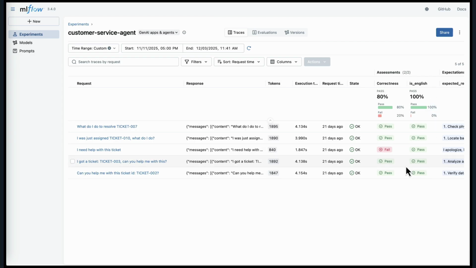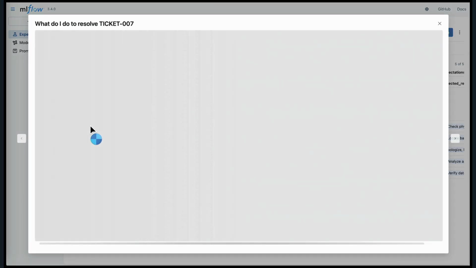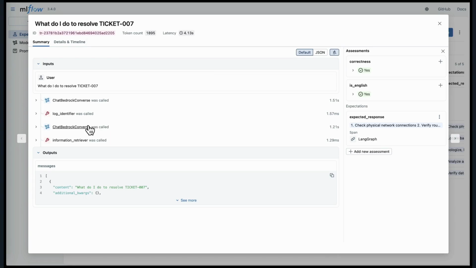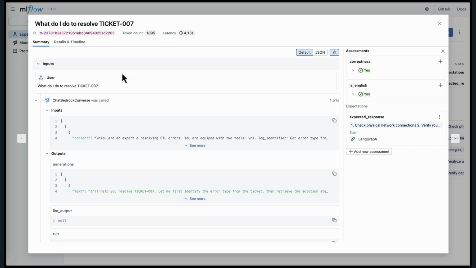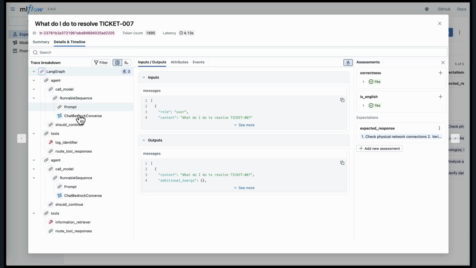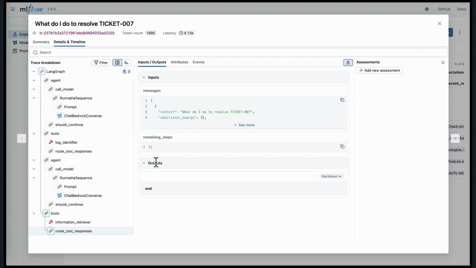So not only do they have different information about what type of ticket, in this case, how do I resolve this ticket, we have the correctness in the top right, but also a breakdown of the way in which the agent went about answering this question. So from a traceability perspective, from an observability perspective, you're able to diagnose these issues.